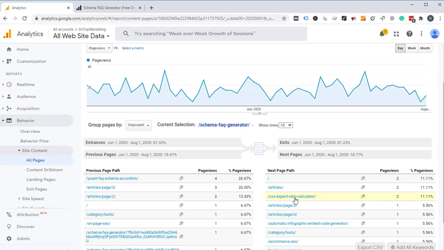What we can use this for is to see why traffic is coming to this page and where they go after, and that can really help us figure out the sort of things that people are interested in or are looking for. So if you imagine it was an e-commerce website and you had some sort of guarantee that you offer, and you were looking at the guarantee page, and you saw on the left side that you had a bunch of people visit from a particular product, and then they come to your guarantee page that explains how your guarantee works,